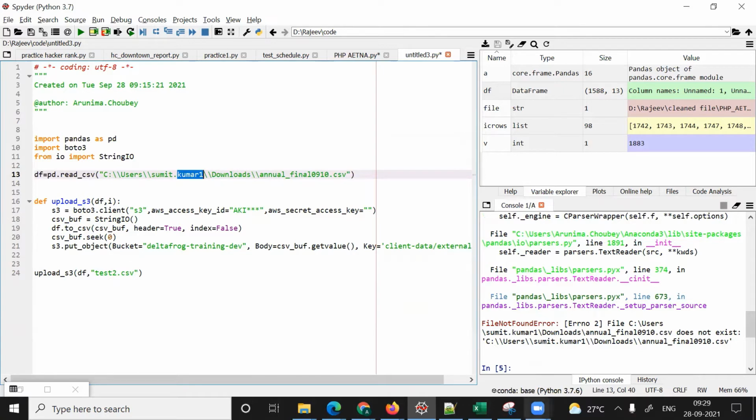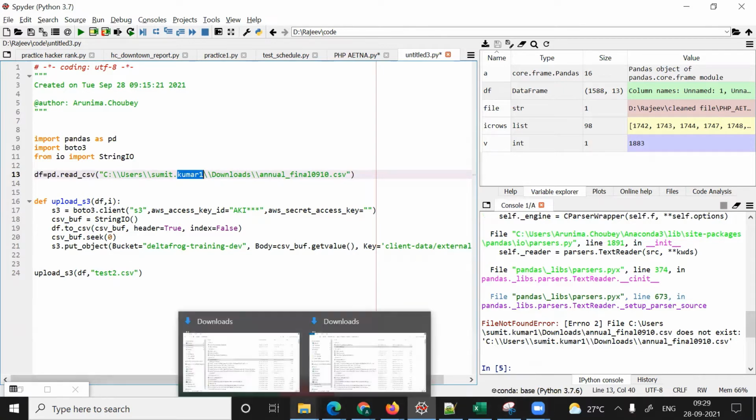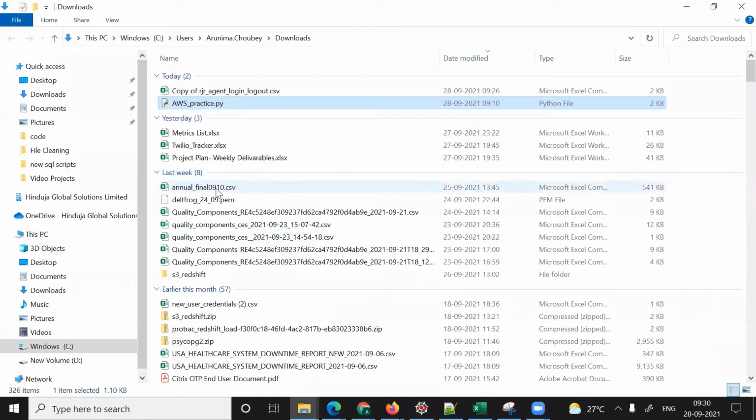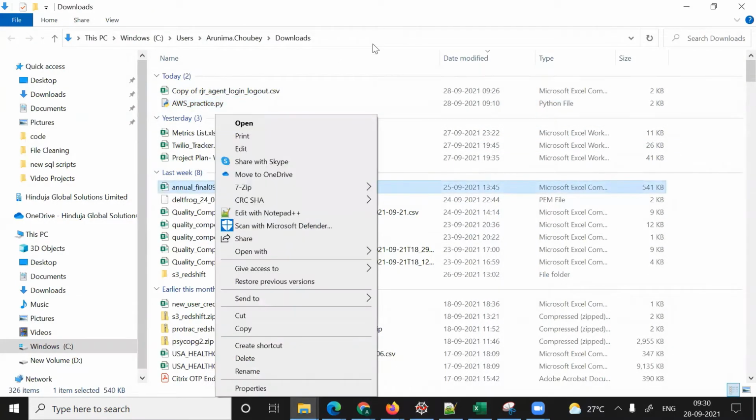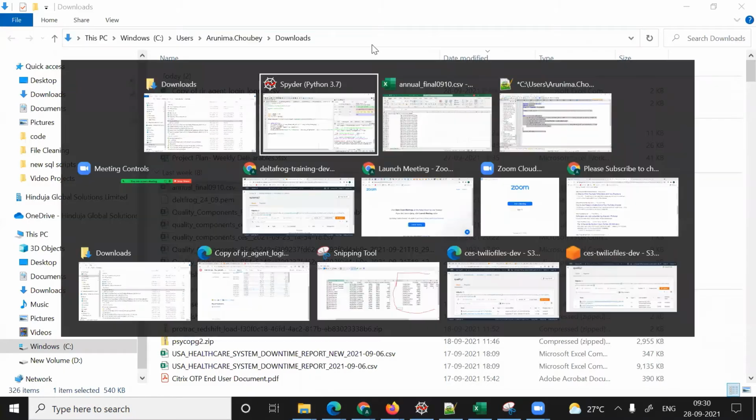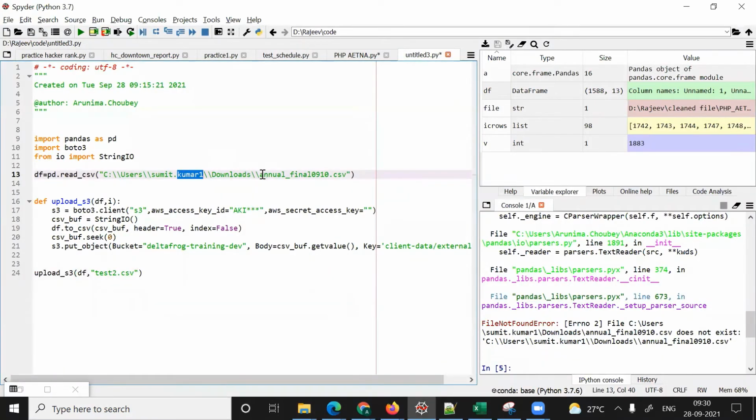I just copy pasted. My file is in the download folder. So here is my file. I will just take this path. The path was wrong. So take this path.